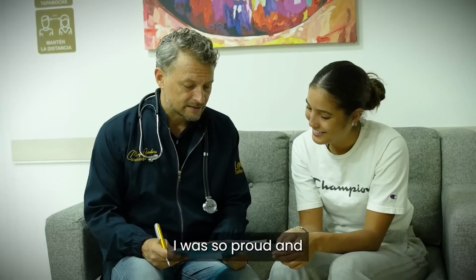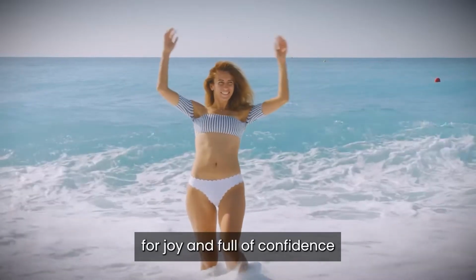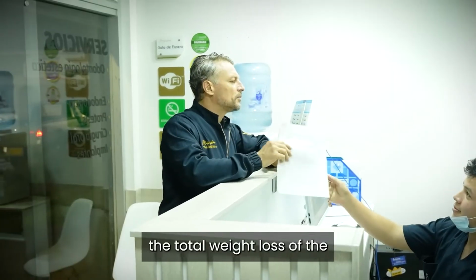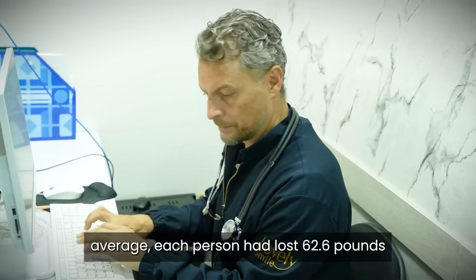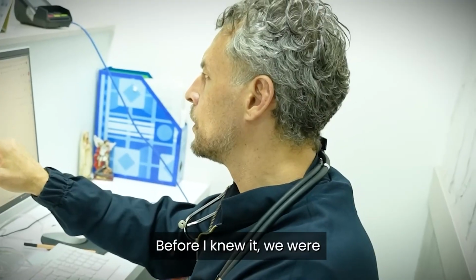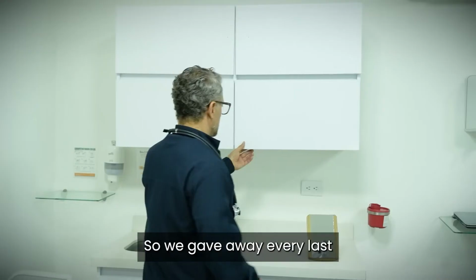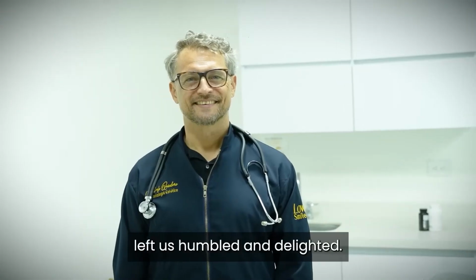I was so proud and congratulated my whole team. Seeing all of these people jumping for joy and full of confidence again was my proudest moment yet. I even had my team tally up the total weight loss of the people in our study, and we were amazed to find that on average, each person had lost 62.6 pounds. Before I knew it, we were flooded with requests for more of this fat-burning Ozempic alternative solution. So we gave away every last batch that we had available for free, and the response left us humbled and